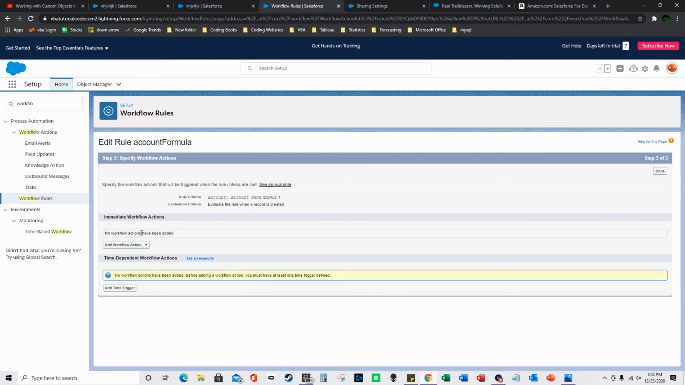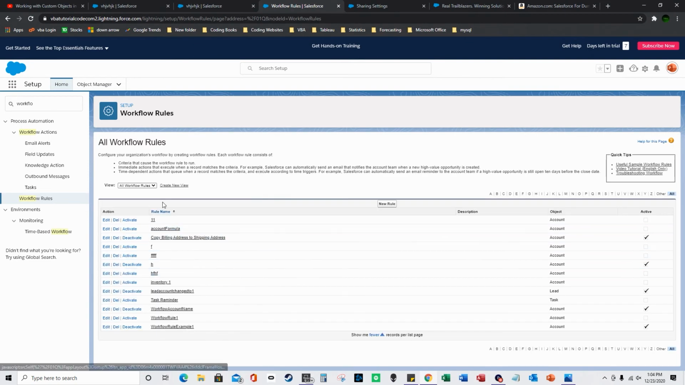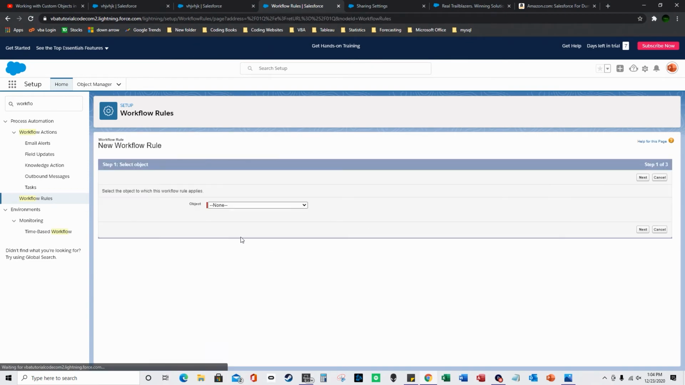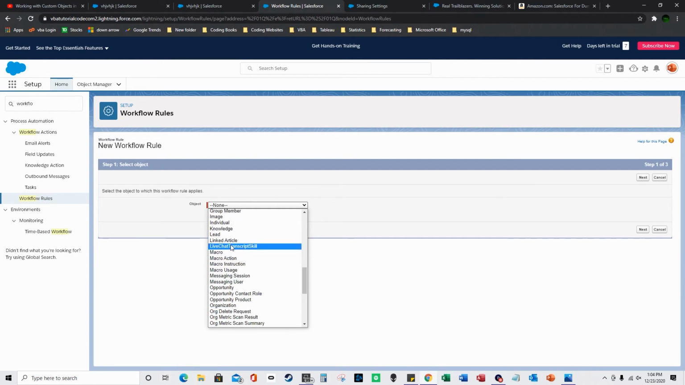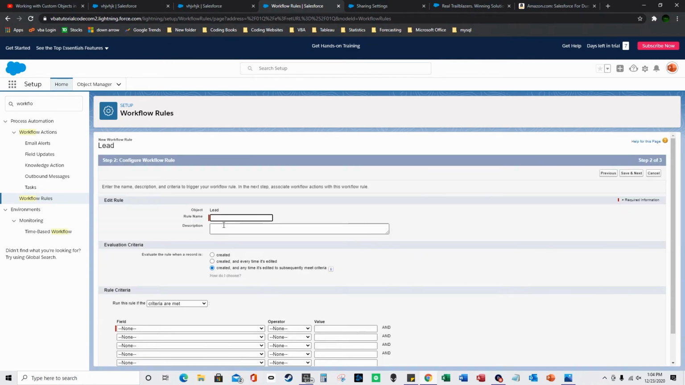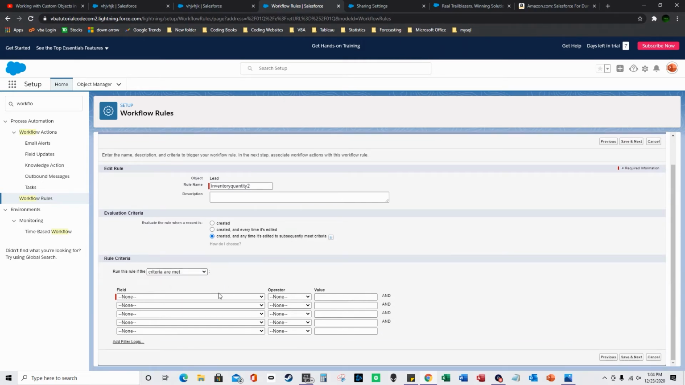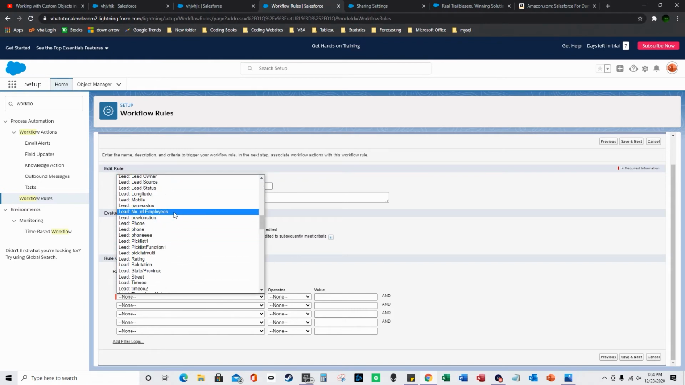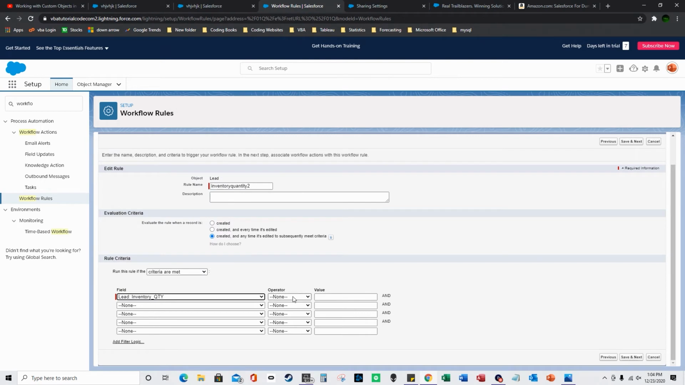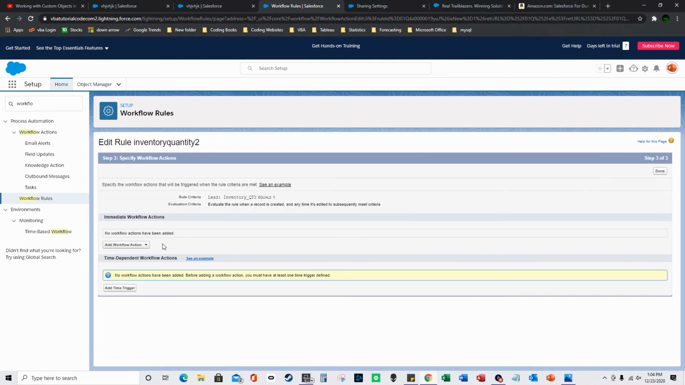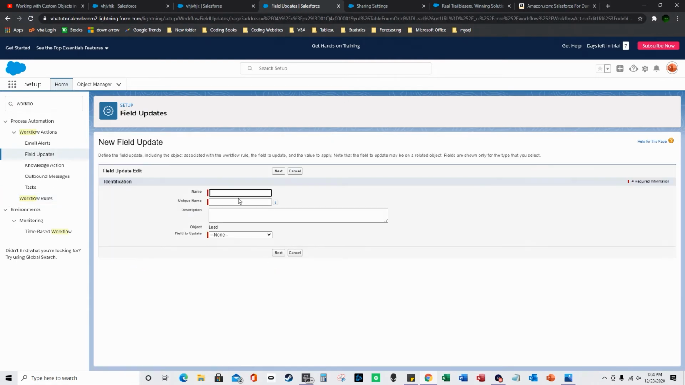So let me just restart that workflow rule for a new rule, because I want it to be for leads, because I think my leads is the thing that has the inventory quantity. So it'll be inventory quantity 2. So anytime it's created and edited, when the lead inventory quantity equals 1, what I want to happen is I want a field update to happen. So when inventory quantity field 1 equals 1,